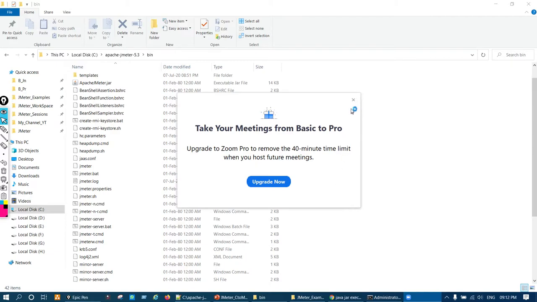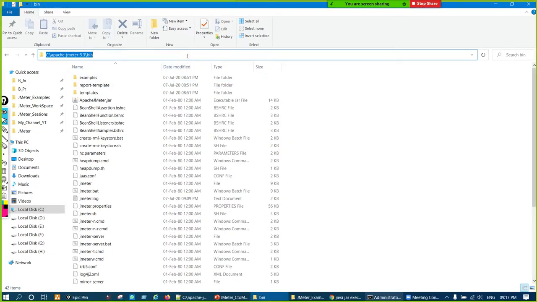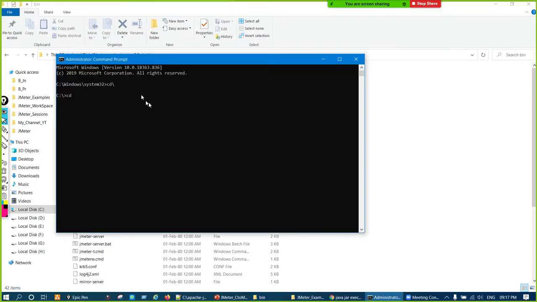This is the path, and already I have launched the command prompt with administrator privilege, right? So cd and then the path and then launch JMeter here, right? So JMeter will launch with administrator privilege if I do it like this, right?